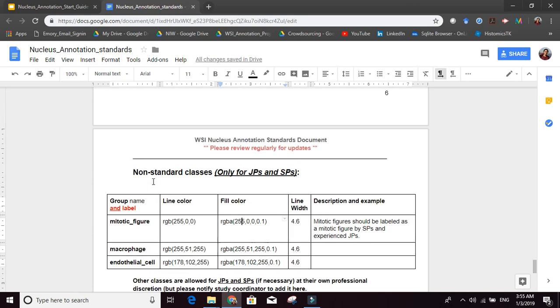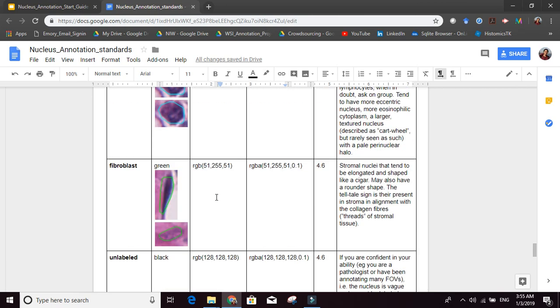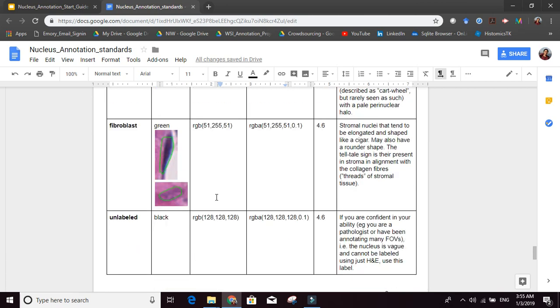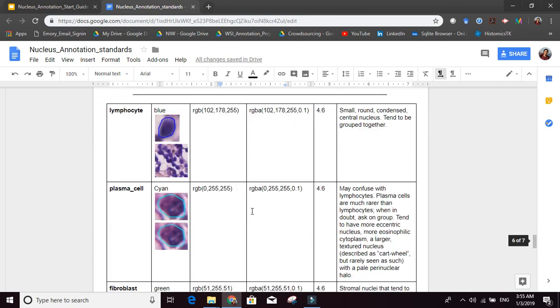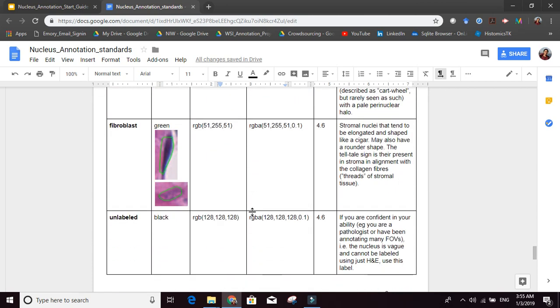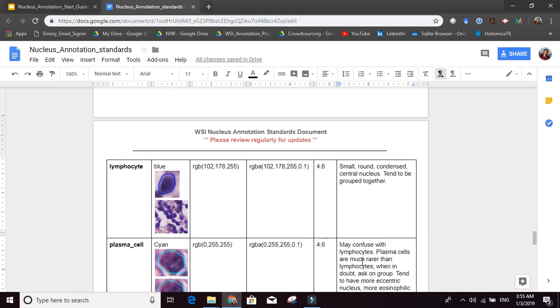So these are also things that you may want to annotate. But for the non-pathologists and actually for everyone, these are the 5 key classes. Again, tumor, lymphocyte, plasma cells, fibroblasts, and other or unlabeled or vague, whatever, right? But use the exact same words here, exact same colors, exact same line thickness as in this document, okay?